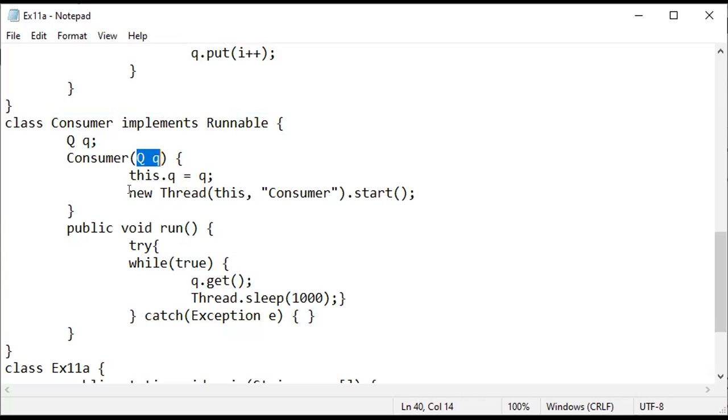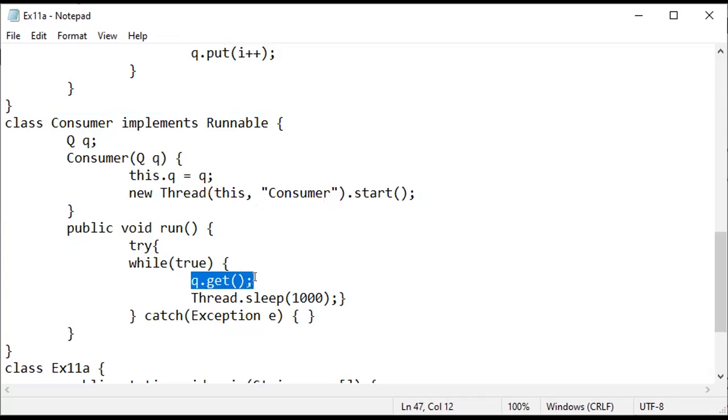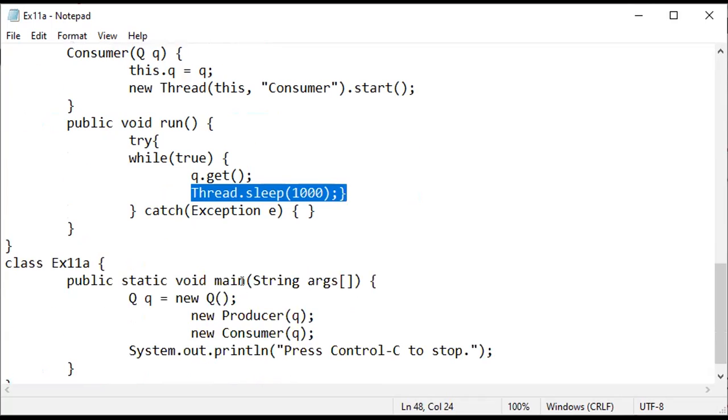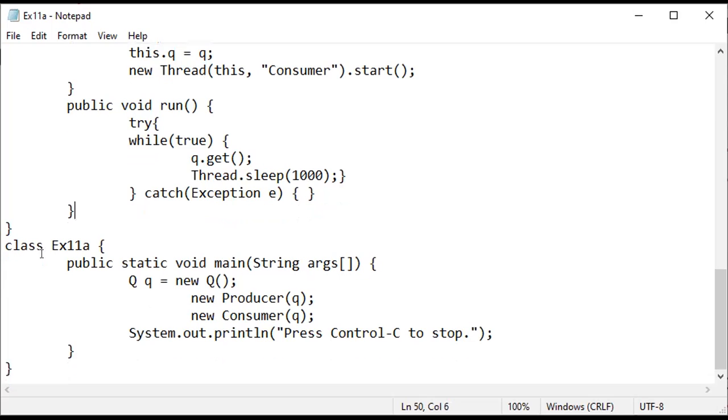Here also we are creating a consumer thread to start, accessing the get method, and making proper communication between these two. We keep the thread in sleep mode for 1 second, and you know that the sleep method generates an exception, which has been handled inside of this main class.